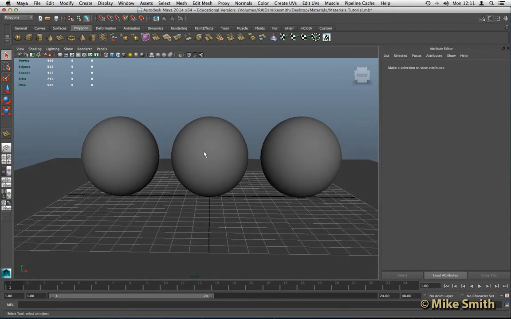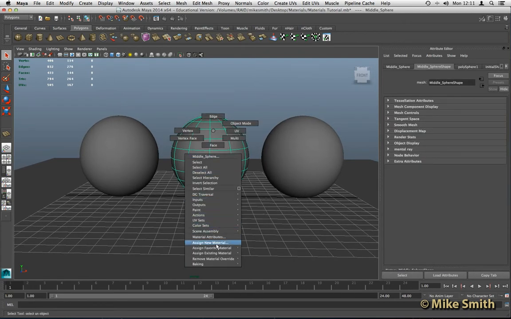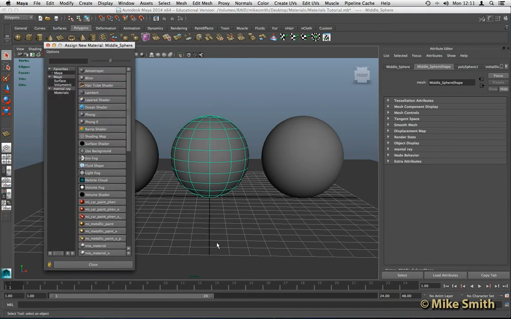I'll show you why soon. But a really good material is one called Mia Material X, and that's fantastic for quite metallic materials. So if you're looking at creating anything like a silver cup, maybe a fork, some kind of blade, an arrow or a spear, the Mia Material X is perfect. So select an object, right click, assign new material,